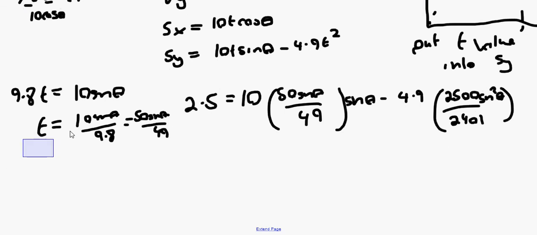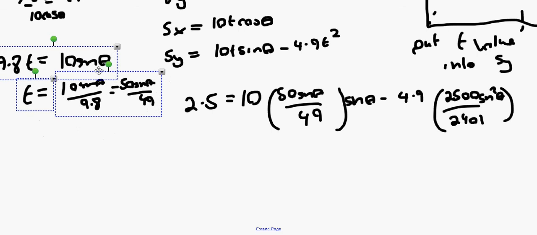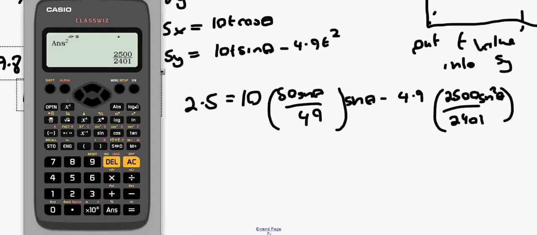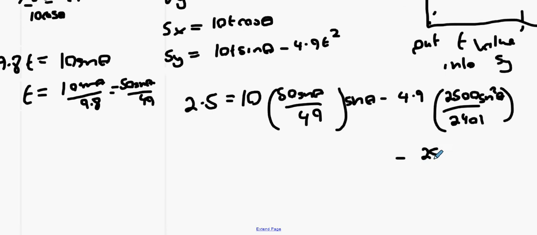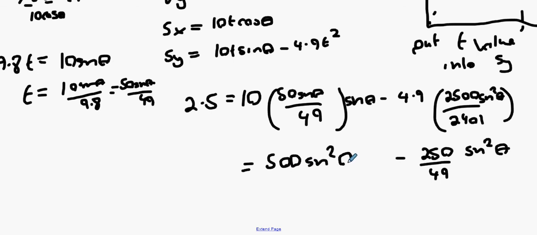Now, unfortunately for us, the lowest common denominator, maybe not. What's 4.9? 4.9 multiplied by 2,500, divide all of that by 2,401. Perfect. 250 over 49, which is handy for us. So this is minus 250 over 49 sine squared theta. This one is 500 sine squared theta over 49. And this is 2.5,